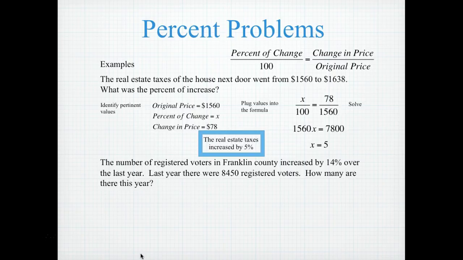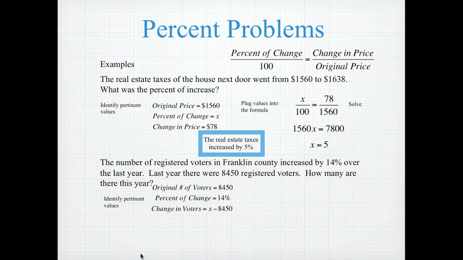In the next example, the number of registered voters in Franklin County increased by 14% over the last year. Last year, there were 8,450 registered voters. How many voters are there this year? Again, we need to identify all the important information. My original number of voters was 8,450. My percent of change was 14%. And my change in voters comes from identifying how many new voters there are minus how many voters there were the year before. Since I don't know how many voters there are this year, I represent the change as x